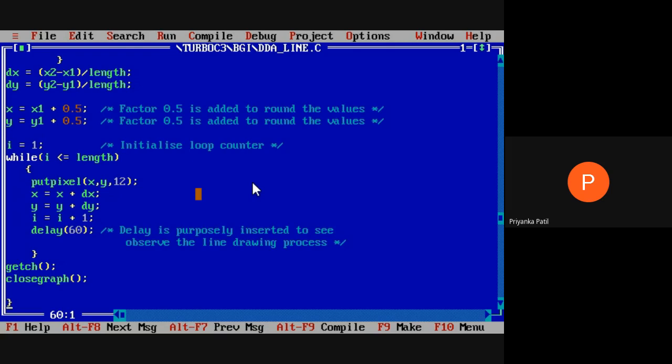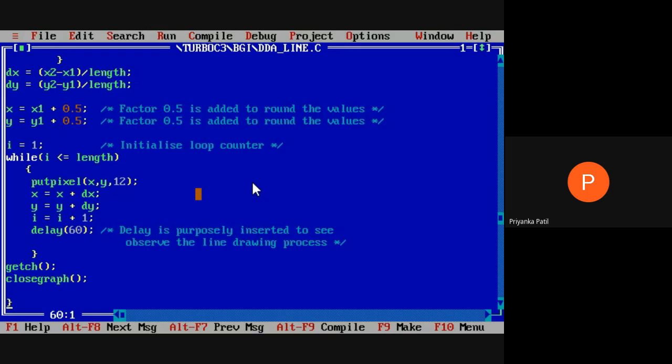Either you use an integer value, or you can mention the color name directly in character type. With the help of this we change the pixel color.